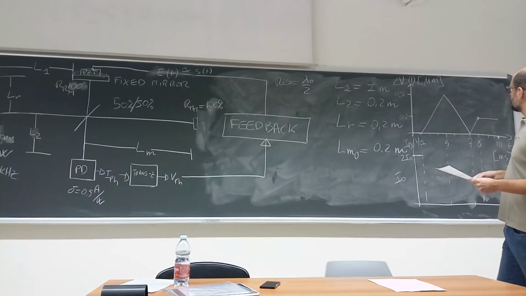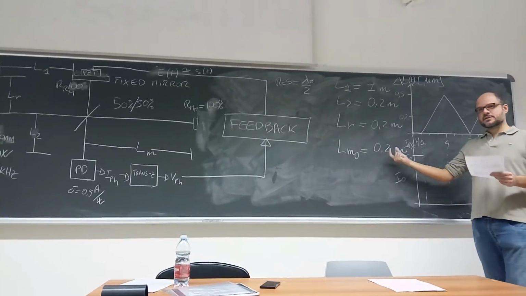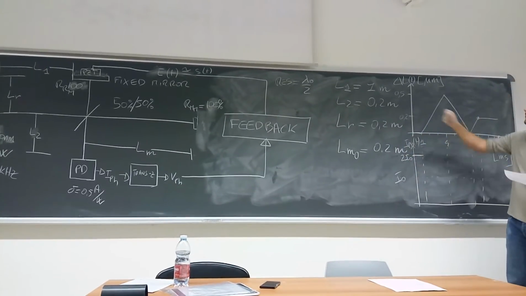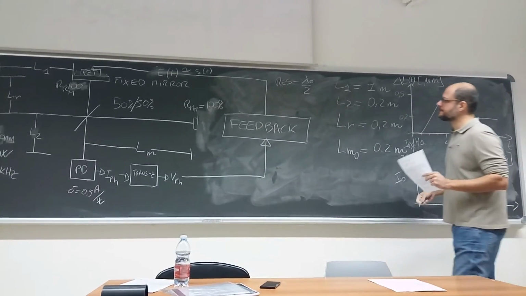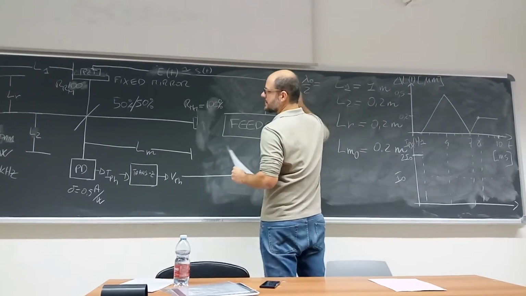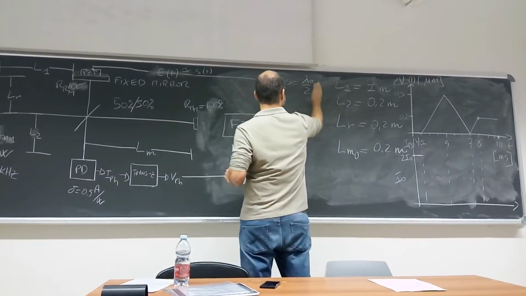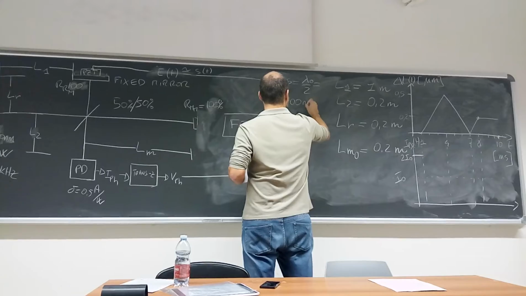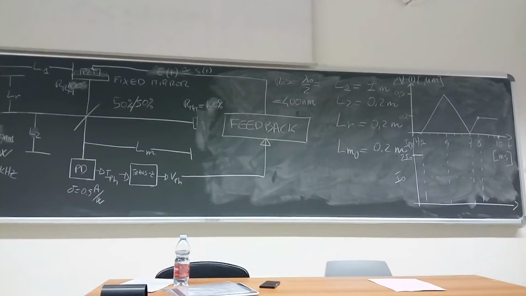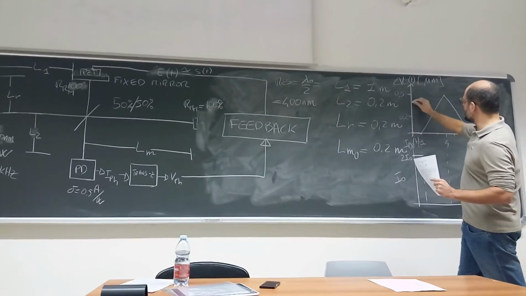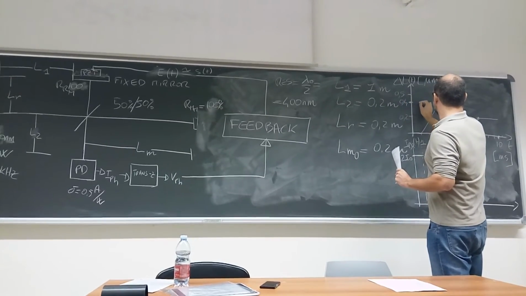Then what do we have in these 3 milliseconds? The measuring arm changes by a quantity equal to 0.5 micrometer. The resolution in this case is, since the wavelength is 800 nanometer, 400 nanometer. So what does it mean? That when we will be here, at 0.4 micrometer,